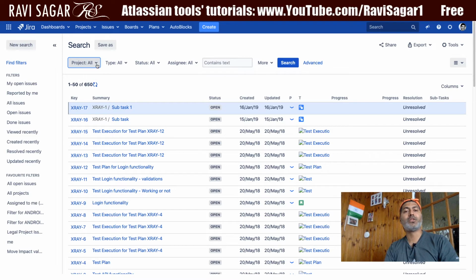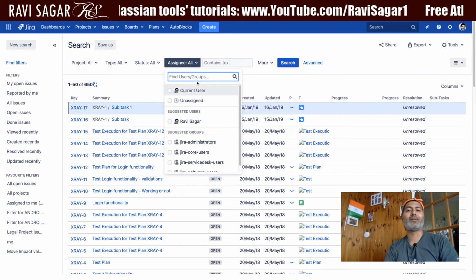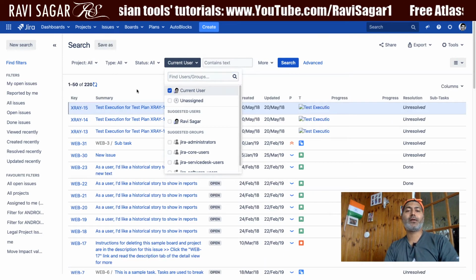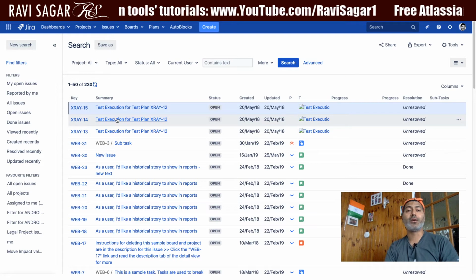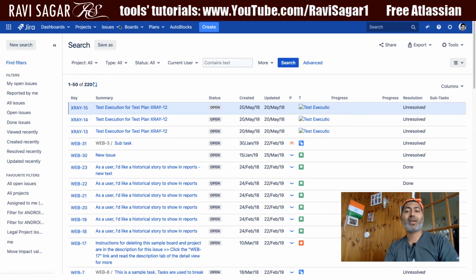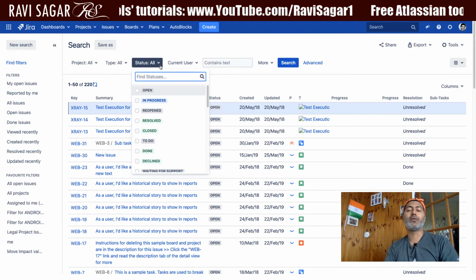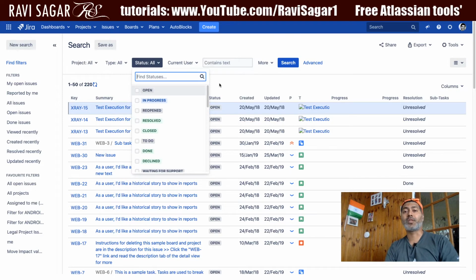But in this example, let us just focus on the basic search. So if you want to focus on all the issues assigned to you, you can do something like this: assignee is equal to current user, which is you in this case, and I can see immediately that I have 220 issues in my Jira instance. So I can save this as it is, but I can maybe further say that all the issues that are maybe open or maybe in a specific state.